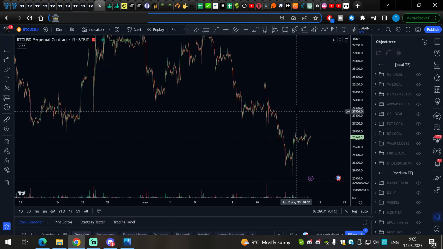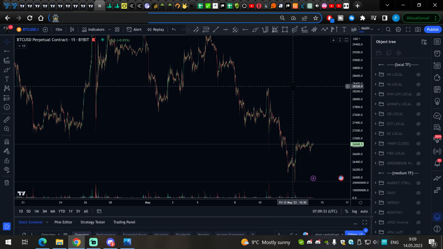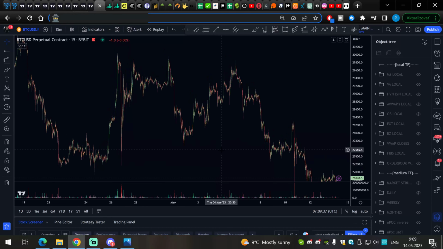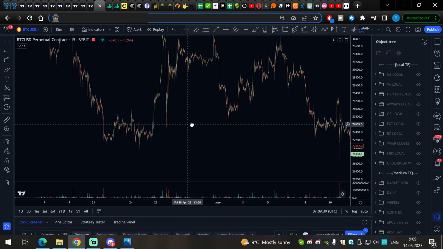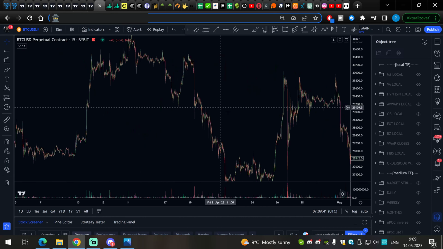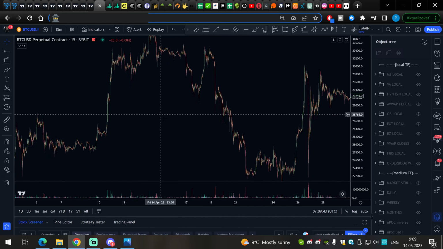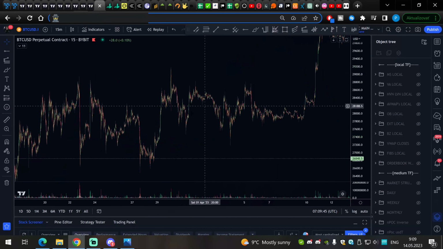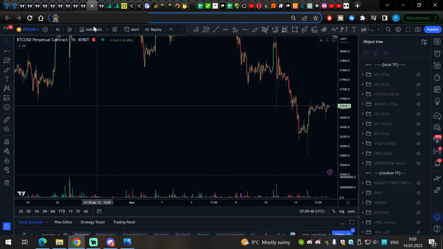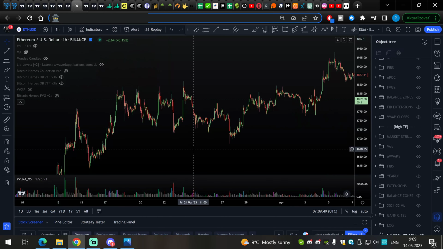Now I want to tell you where we actually really love to do swing failure patterns. I was already mentioning that, but the most profitable way of swing failure pattern trading is when we are ranging. Let me show you an example here. I also have an Ethereum example here,